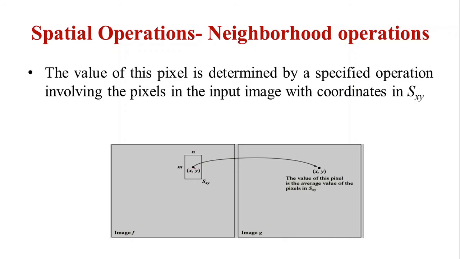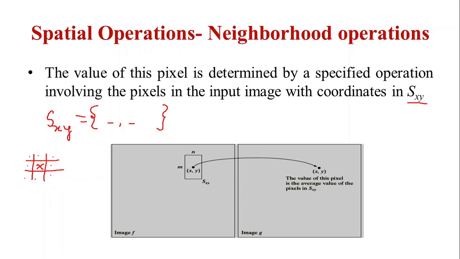of it, right? And here we are defining this set S of x comma y, which is nothing but the collection of all those pixels which are near, or you can say which are neighbors of my pixel x comma y. Just recall, if we talk about 8 connectivity or 8 neighbors, we said that if this is my pixel p, all these points are called the 8 neighbors of this pixel p, right?